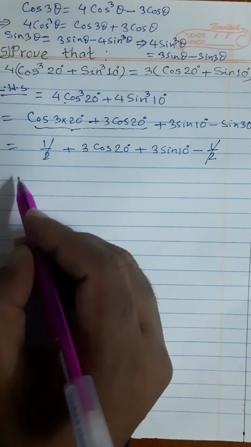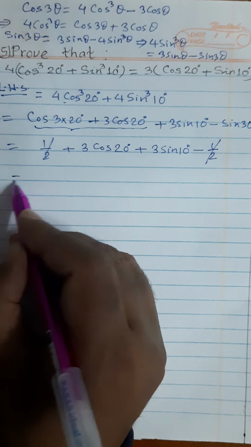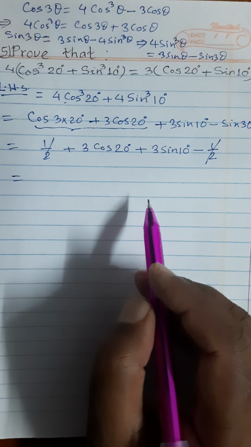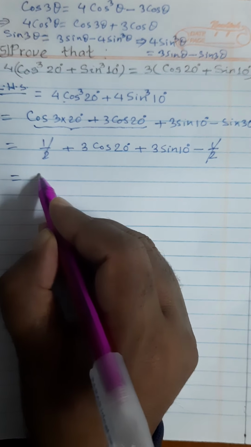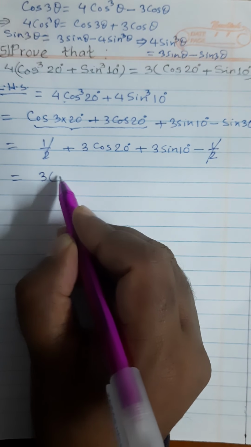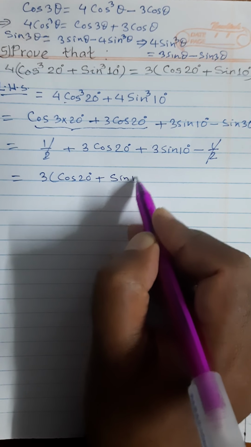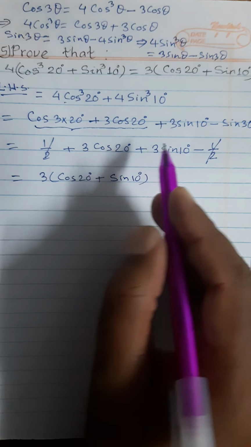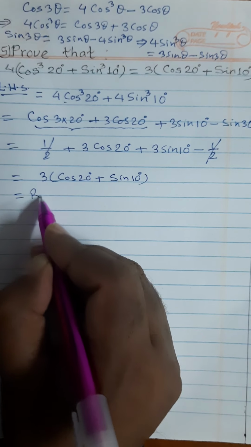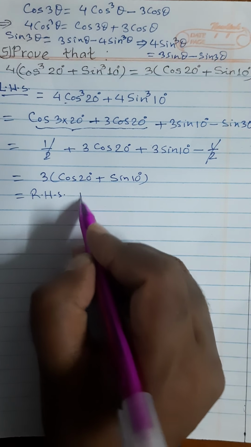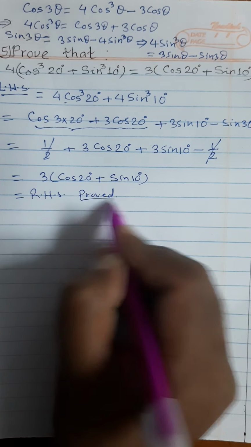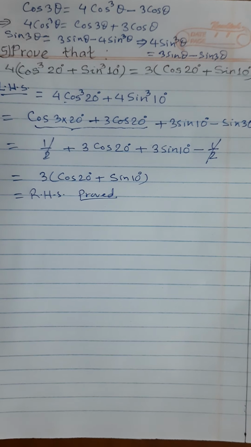And now from these two, 3 is common. 3 is common, and we get cos 20 degree plus 3 is already common, so here is sine 10 degree left, which is our right hand side. So in this way we have proved this identity